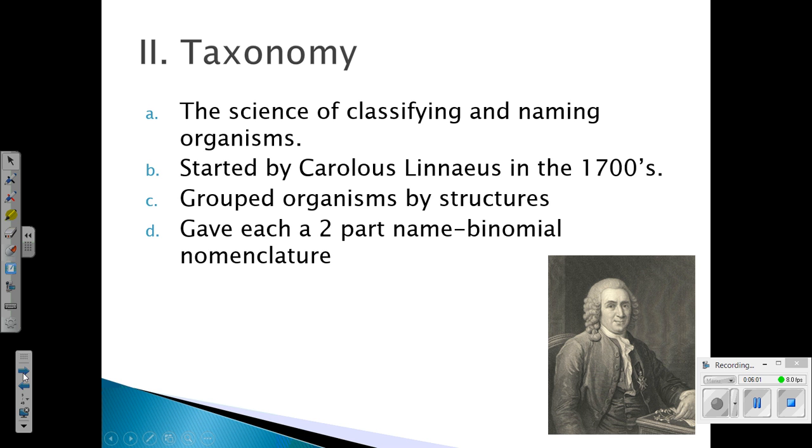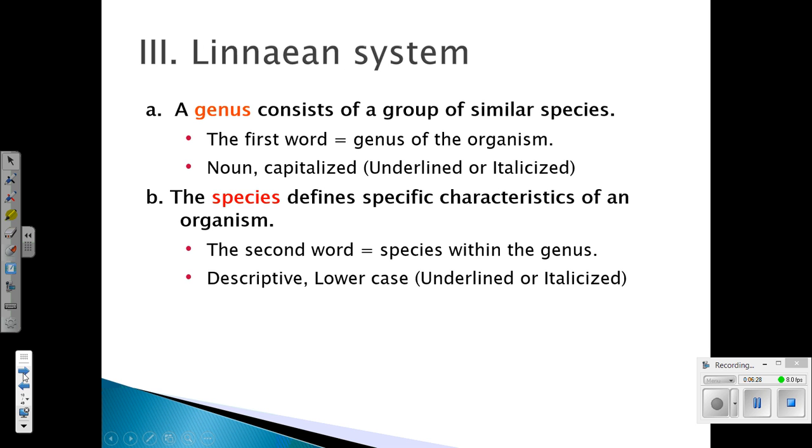So scientists realized that there was a need for a universal system. And the person who came up with that system was Carl Linnaeus, or Carolus Linnaeus, and he came up with a system called binomial nomenclature, which literally means two-name name system, so that every single species would be given a genus and species name that would tell you something special about them, and then the genus name would tell you what group they're in. So it groups them all together.